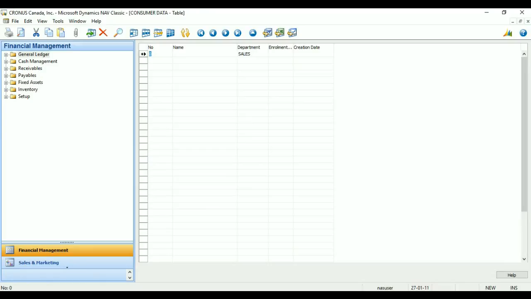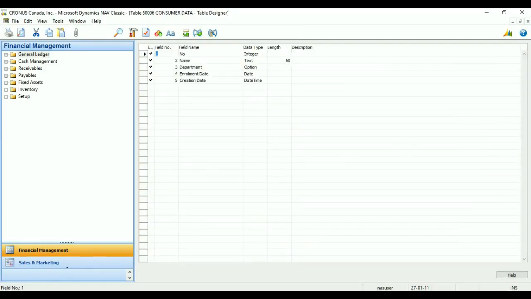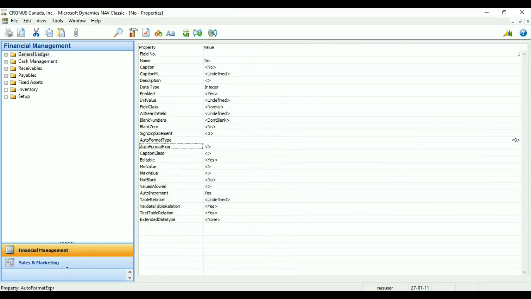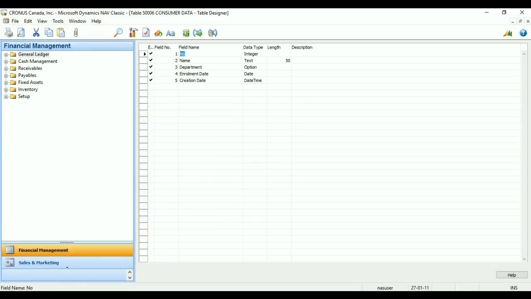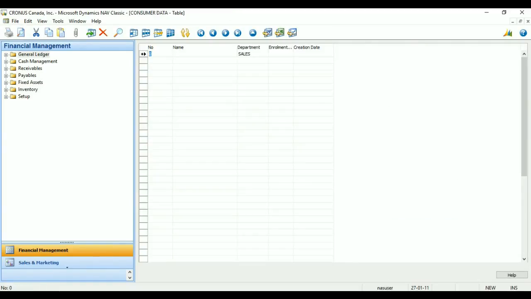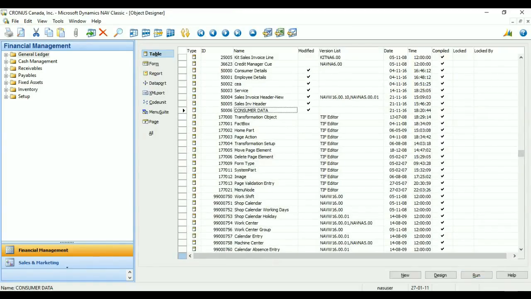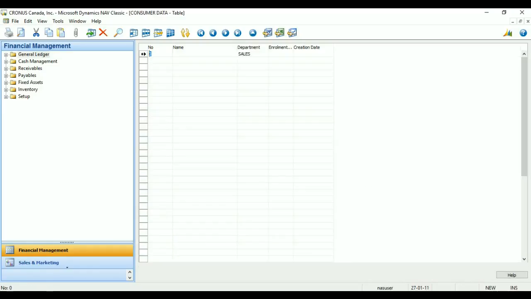So as I have provided, this is back to my table structure. As my number property has auto increment, yes, automatically it will increment to the next number whenever I insert a new record. So I run my table again. I can either do it by clicking on run or by a shortcut key, that is Alt R. So I run my table, I provide a name, I give this particular consumer a sales department, and then the enrollment date